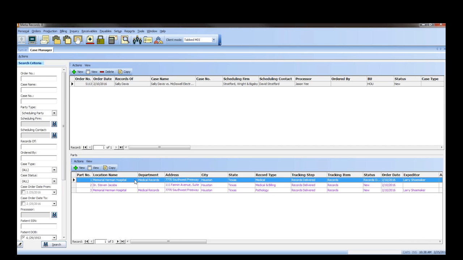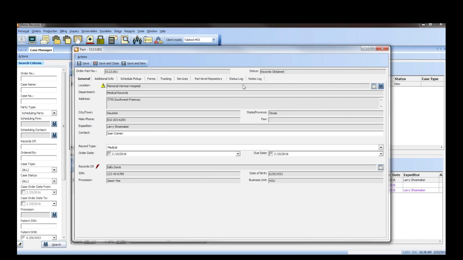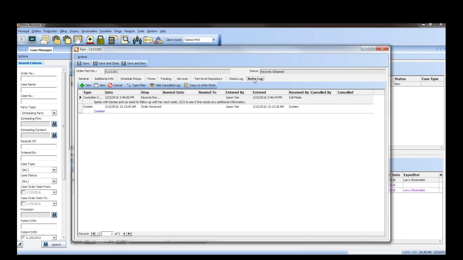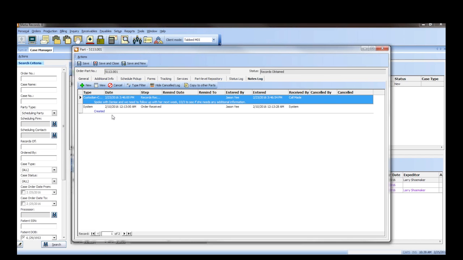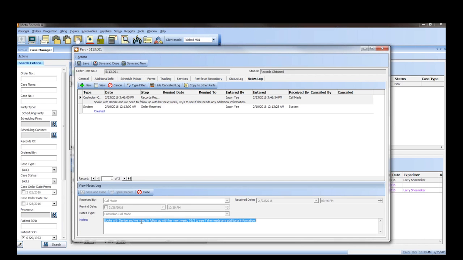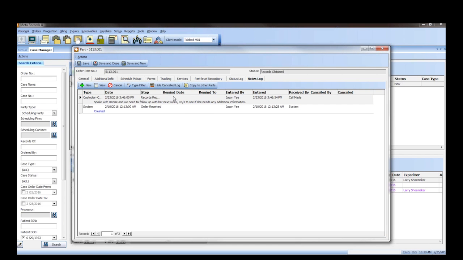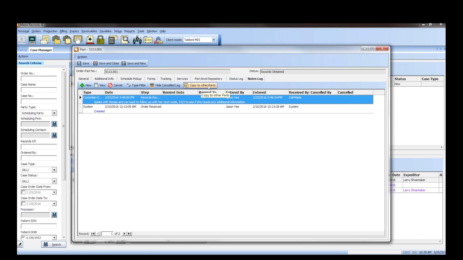We're going to open up part 1 here. And we're going to click on the Notes log tab. And let's say I want to actually copy that last note that was entered, and I want to copy it to the other parts for this case. So with the particular note that you want to copy highlighted, click on Copy to Other Parts at the top,